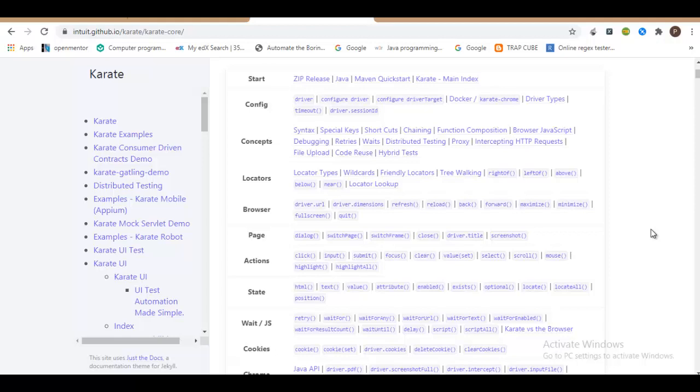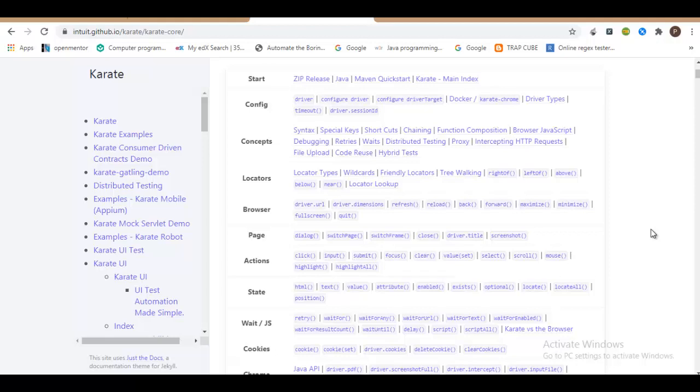So we all know the importance of locators in any web UI automation. For example, if you take Selenium, Selenium supports a few locators such as ID, name, class, XPath, CSS selector, tag name and text. These are the attributes with which we can find an HTML web element, and we can pass that to the script so that our script interacts with our driver object, hits that element, and performs the required operation.